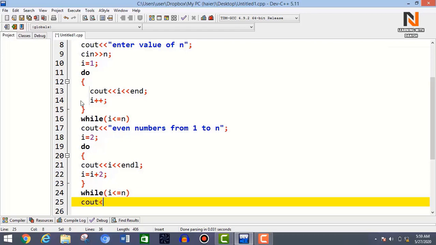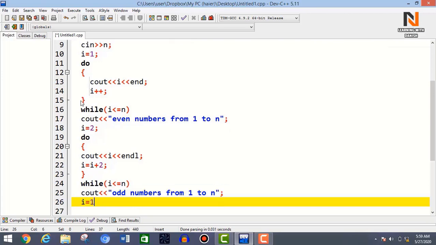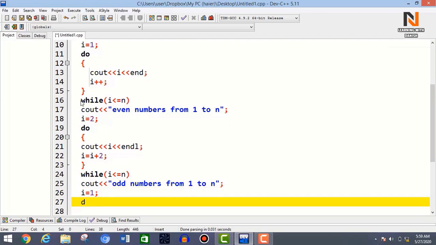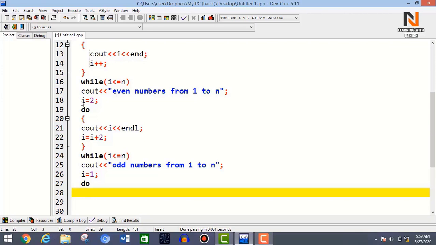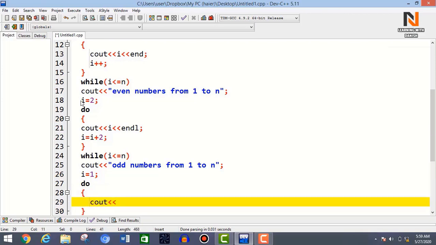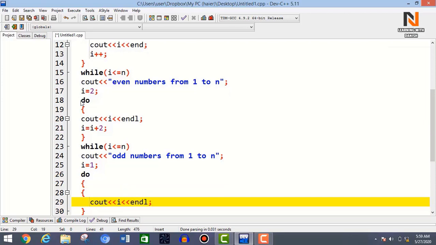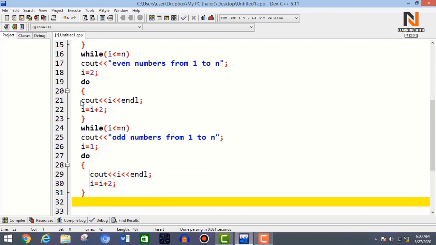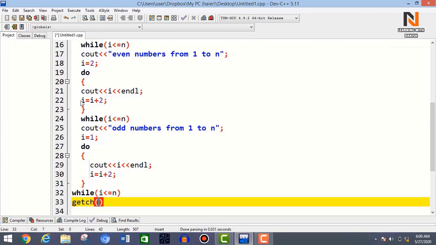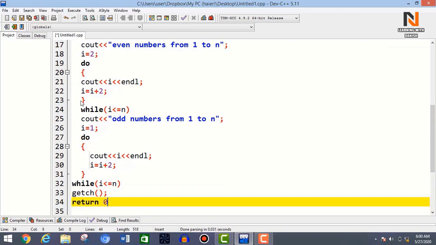Now here you write cout, "Odd numbers from 1 to n"; For odd numbers you will initialize i = 1; use the keyword do, in the curly brackets you write cout << i << endl; Here you increment its value i = i + 2; and below that you will write the condition while i <= n, and then you will write the getch function, then return 0;